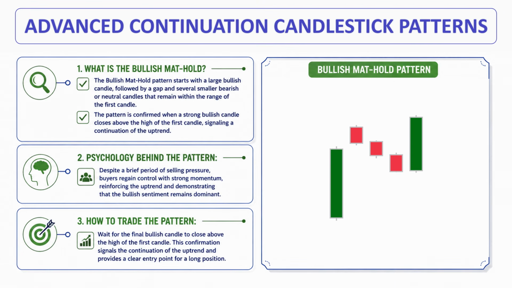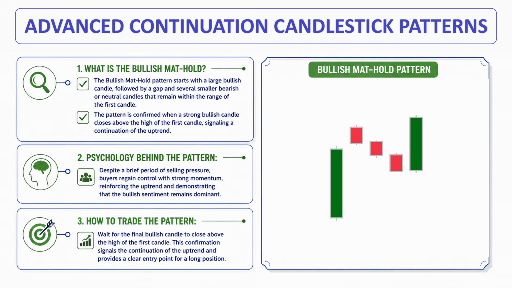This pattern begins with a large bullish candle, followed by a gap up and a series of smaller bearish or neutral candles that remain within the range of the first candle. The final candle is a strong bullish candle that closes above the high of the first candle, confirming the continuation of the uptrend. The psychology behind this pattern is that even after a brief consolidation, buyers quickly regain control with